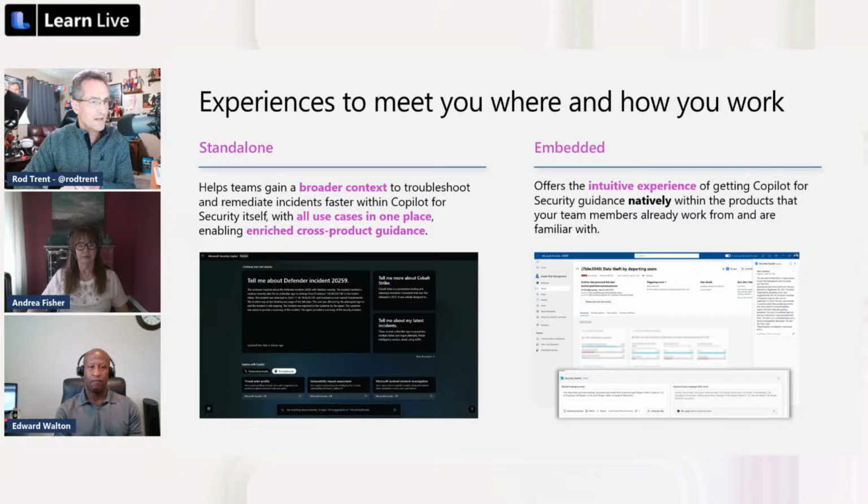Some other things, but it's built in natively, so you can actually utilize it, and it knows about the things that are happening within that Defender tenant. But the standalone version is also super interesting.